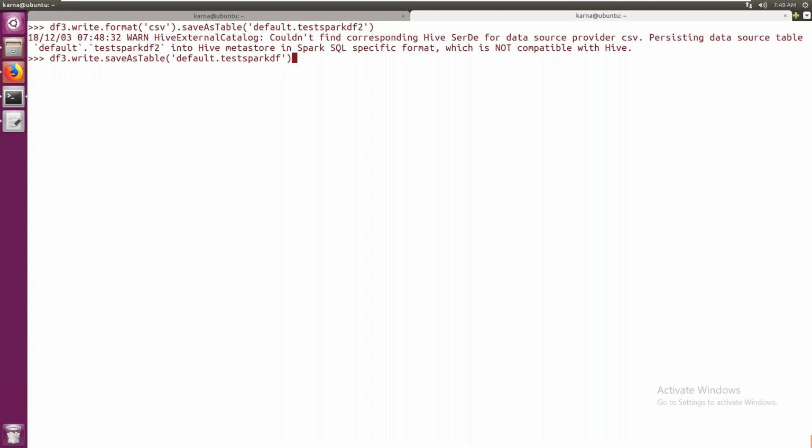Okay, then what about reading? So it is a table, don't worry about it. Tables will be read automatically. Now what I do is, see here, df4 equal to, just make a note of this point. After this I will ask you to make a note, then you have to make a note of it. spark.read.format csv .load. I can mention some path in HDFS.